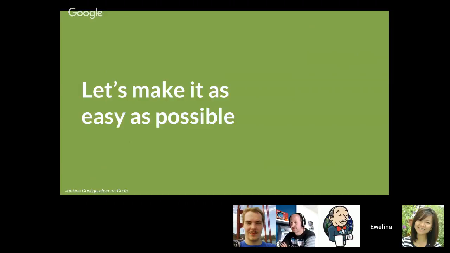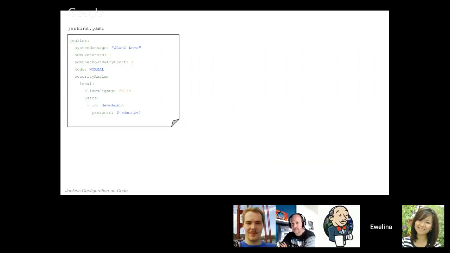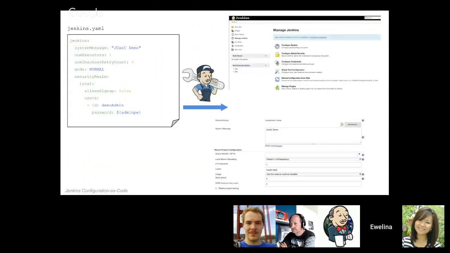And we want to, so you don't have to be a hacker or a very experienced Jenkins user to start using Jenkins configuration as code. So in general, the idea is that you have to prepare a Jenkins YAML file and store it on your local disk, store it in a repository. How we maintain it, that's another thing. But very simple idea. We have a YAML file that is being given to Jenkins,